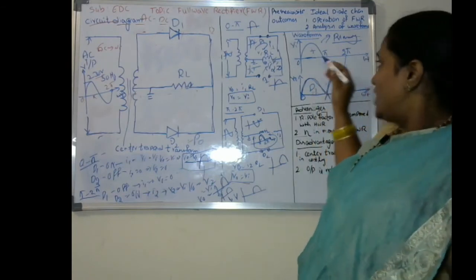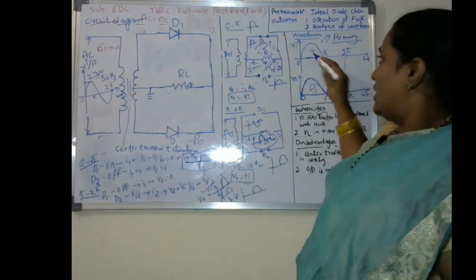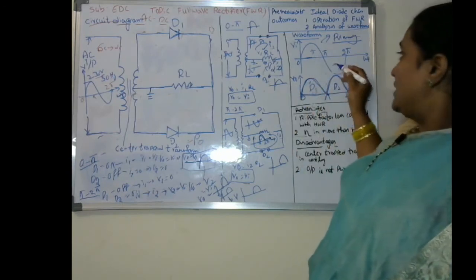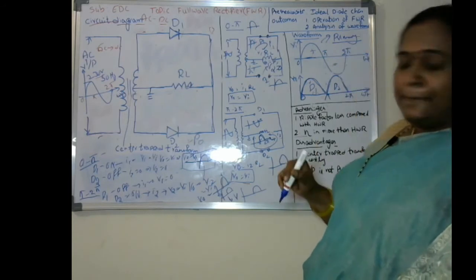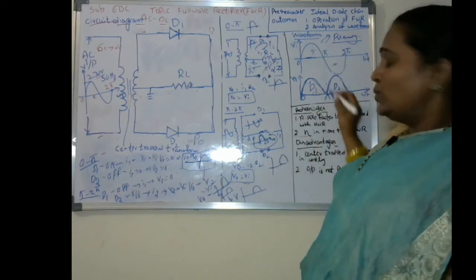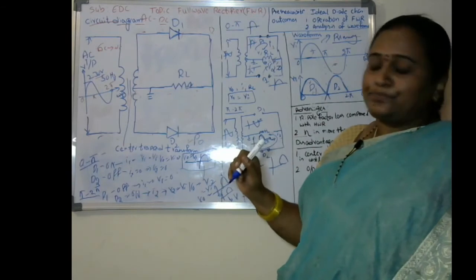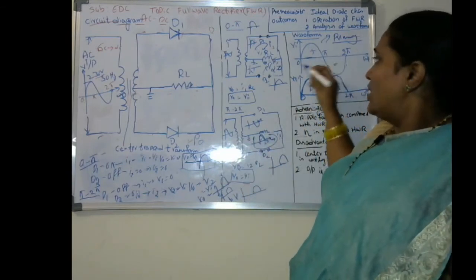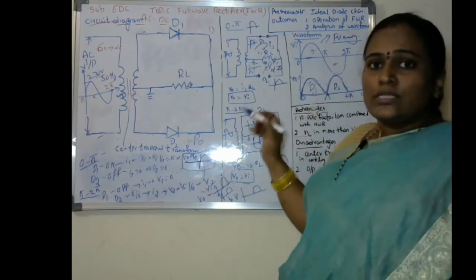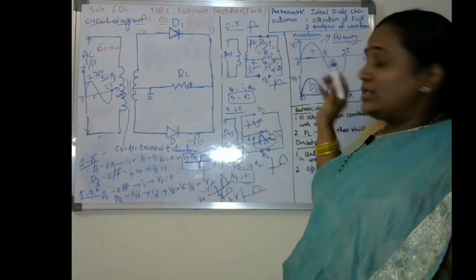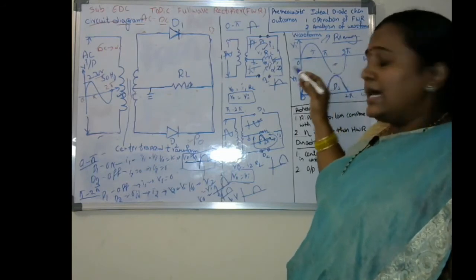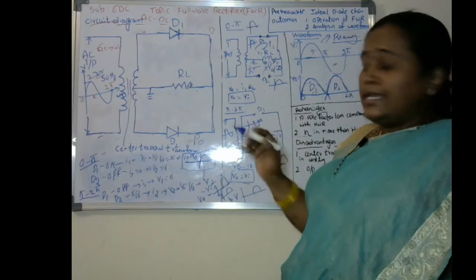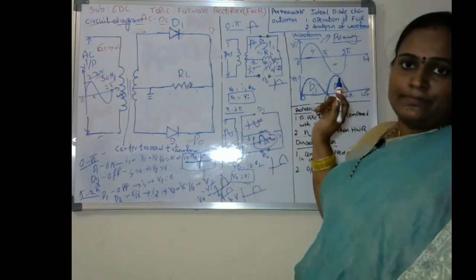It is changing the direction, so it remains in the positive direction. Here the output changes to positive only, so it is converting to a pulsating DC signal. Another thing we have to observe is that we get the rectification process for the total cycle. Or else we can say it does the rectification for the full cycle. That's why it is called a full wave rectifier circuit.